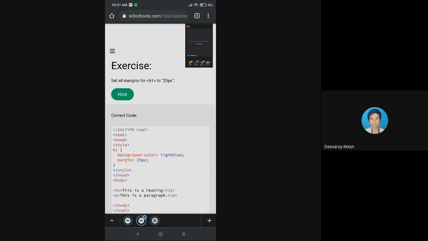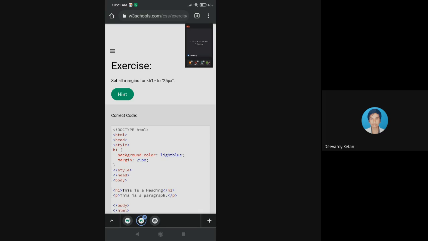Because of my screen resolution, my picture and the screen have been fit according to my mobile size. So we call this responsive styles. Responsive styles means it will take the margins and the scale of your device's resolution, whether it is a mobile, a laptop, a desktop, or a tab. According to that, the CSS will compress without disturbing your code, the font size and everything.